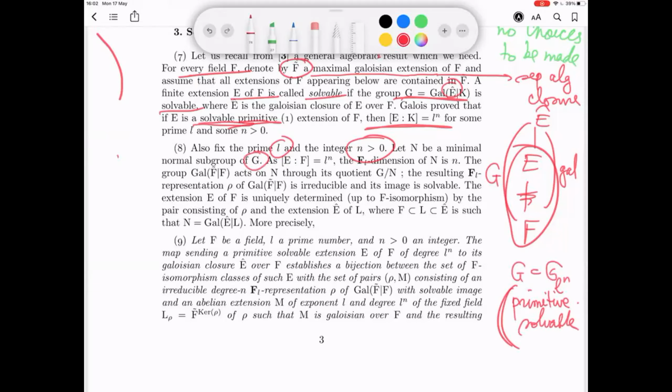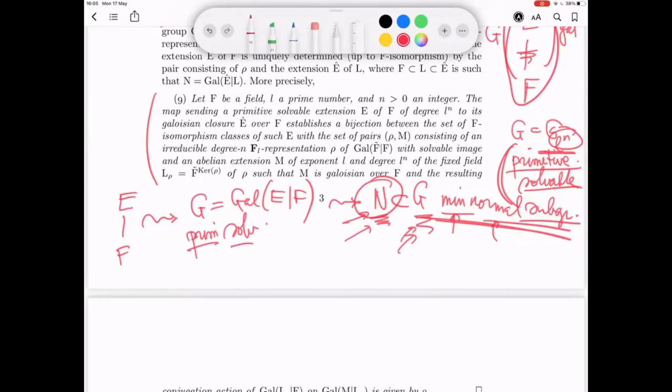So now, of course the trivial subgroup of N is normal in G, but apart from that, there should be no subgroup of N which is normal in G, and then you call it a minimal normal subgroup. N itself is normal in G, but no subgroup apart from the trivial subgroup is normal. So the point is that when G is primitive and solvable, then automatically there's a unique minimal normal subgroup. Okay? So this N,